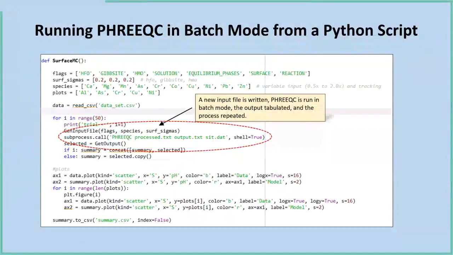The for loop involves a pretty simple sequence: generate a new input file, run PHREEQC using the subprocess function, read the output file, and tabulate the results in a data frame for later plotting and exporting to summary text files. I should stress that the batch version of PHREEQC, as opposed to PHREEQCI and its integrated user interface, must be installed for this